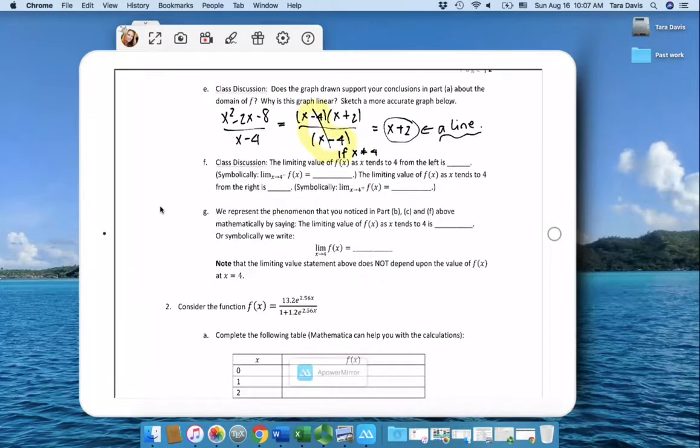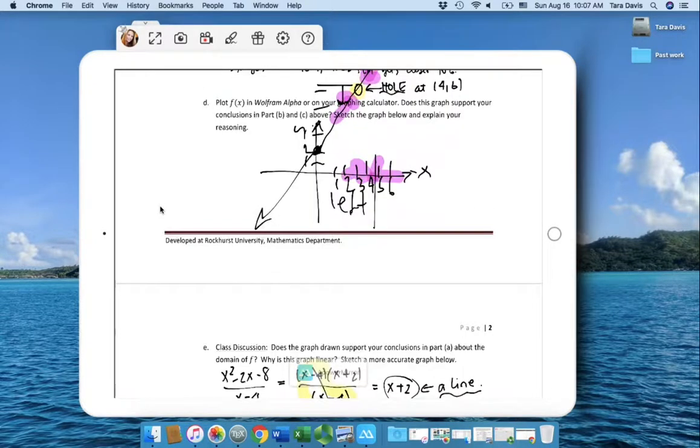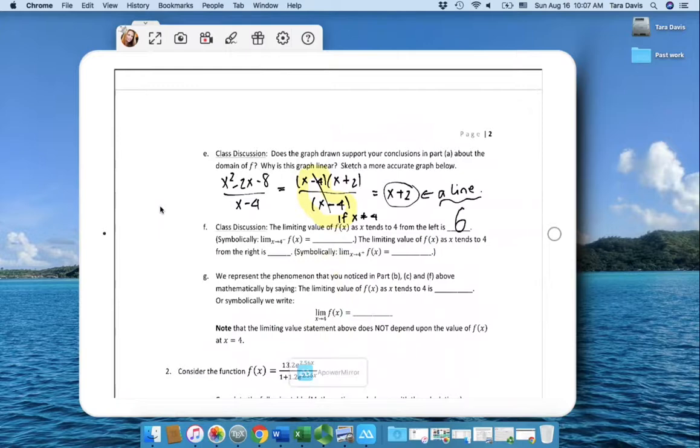Okay, so we say that the limiting value of f of x as x tends to 4 from the left, so that means as x approaches 4 from the left, when x gets close to 4 but less than 4, on the graph to the left of 4, we see that y approaches 6, but it's a little bit less than 6. Yeah, 5.99 is a little bit less than 6. So we say that the limit is 6, and then we write the limit as x approaches 4 from the left, with a little minus sign, meaning that x is close to 4 but less than 4,